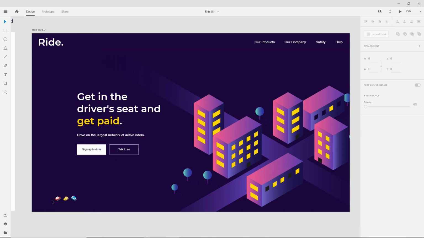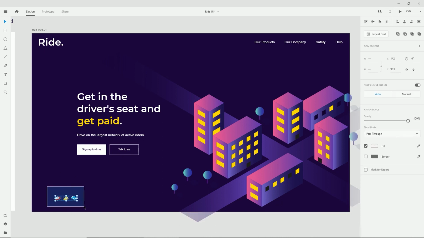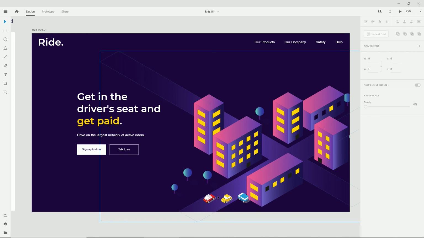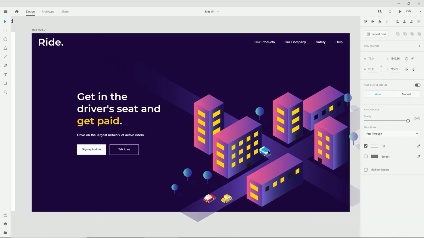I can extract those cars individually as SVGs, so we can manipulate them with CSS and JavaScript if needed. And also the reason I copied them one by one without resizing them is because I want those proportions to be the same, so I can select all of them and just make them a little bit bigger, just like this, and position them just like this. I think this would actually work. They can get past, and maybe one of them here, one of them there, and so on.